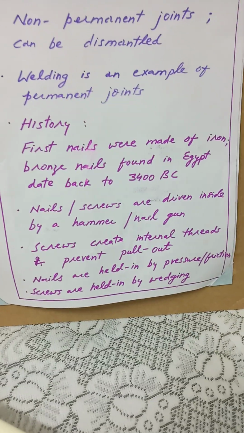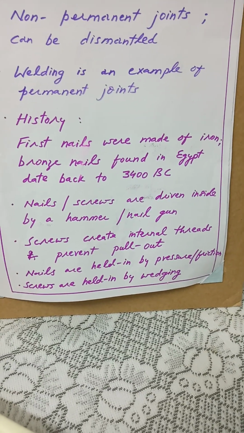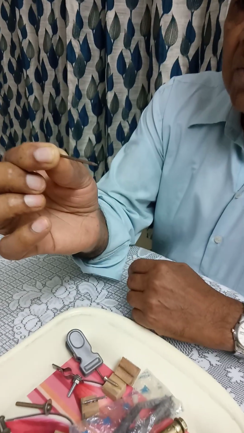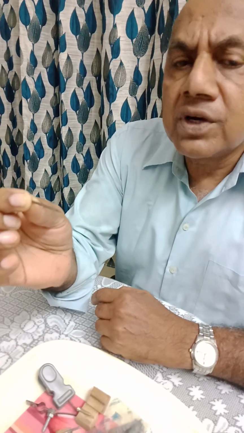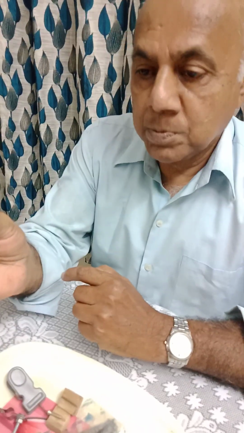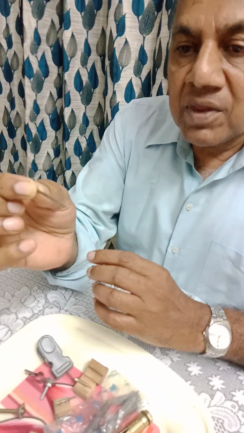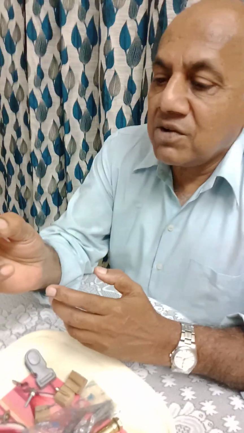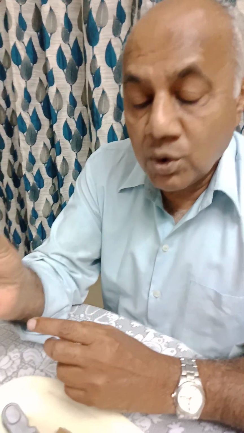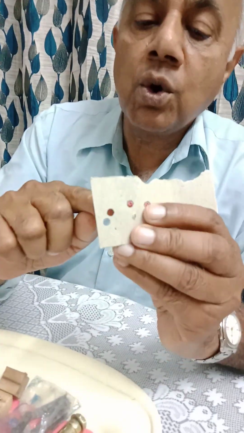So let us try to understand today how these fasteners work. We will start with a typical nail fastener which we drive inside a wall or a wooden object with the help of a hammer. But usually we may assume that when we are hammering it, it creates a hole in wood or wall. No, it is not like this. In fact, I want to clarify that a nail does not make a hole like this,